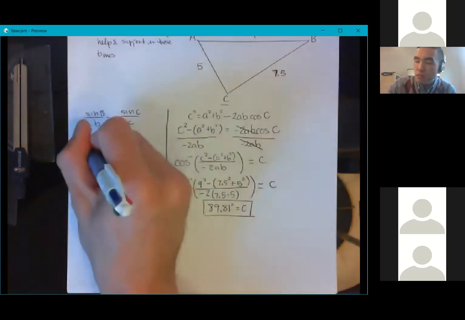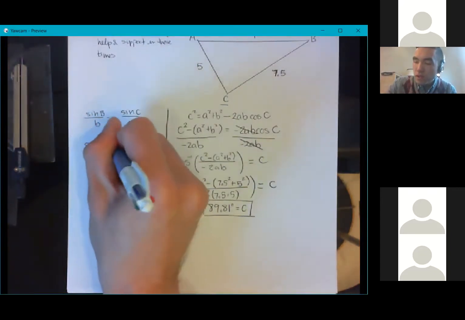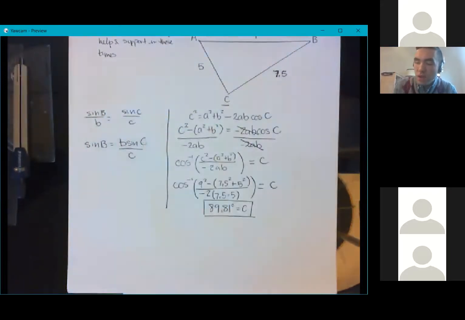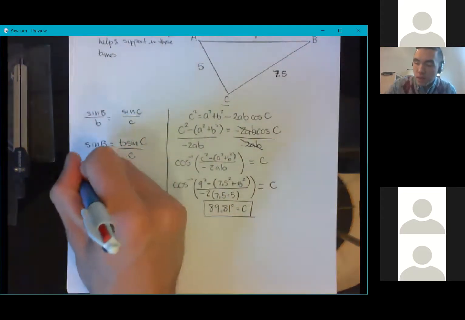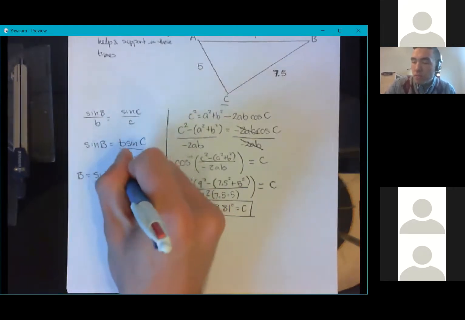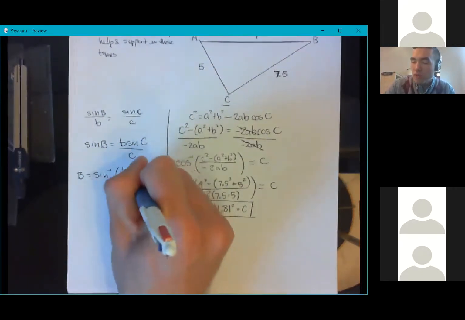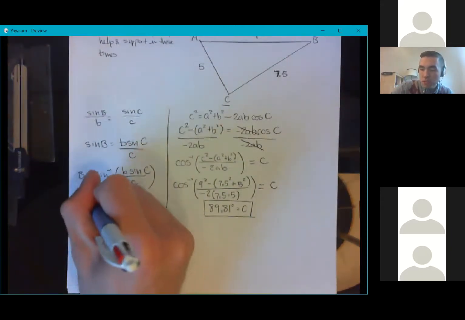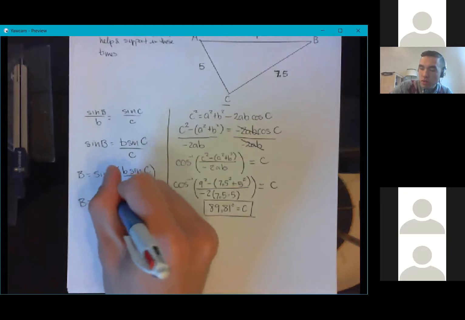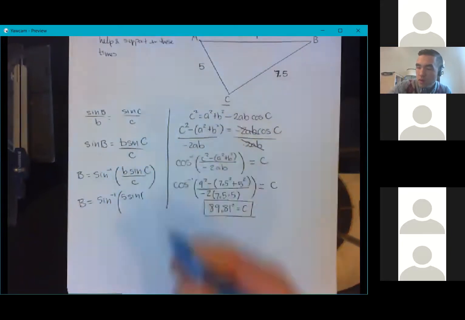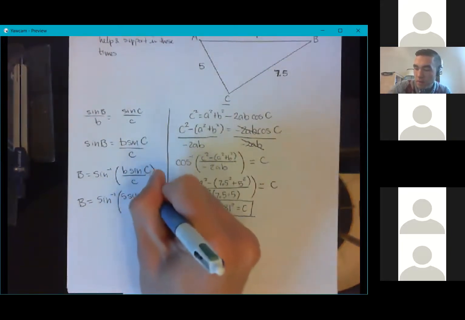Multiply both sides by sine B. That tells us that sine of angle B is going to be equal to B sine C over C. And now I'm going to hit both sides with inverse sine. Angle B must be equal to inverse sine of B sine C over C. And now all we have to do is plug in these values. So B must be equal to inverse sine of 5 sine quantity 89.81,